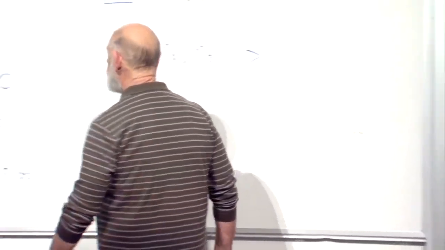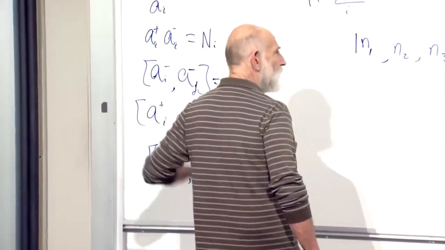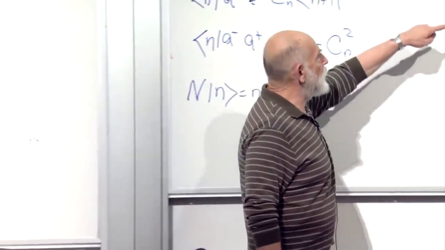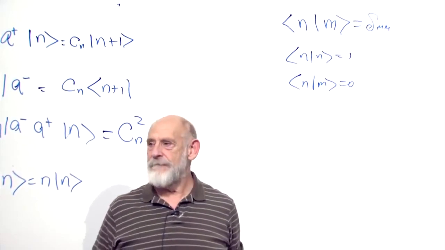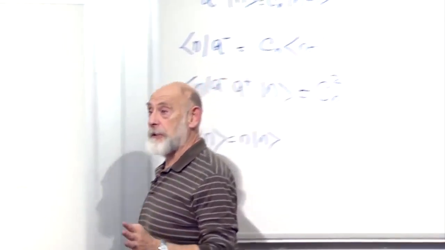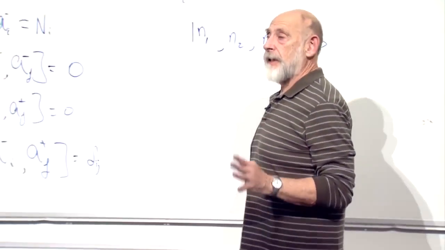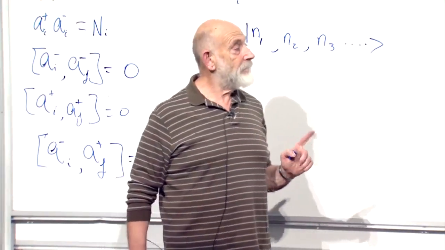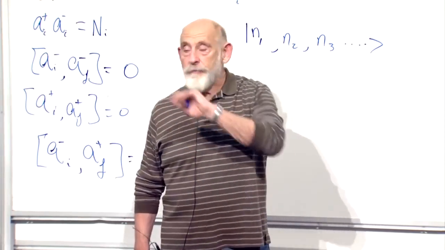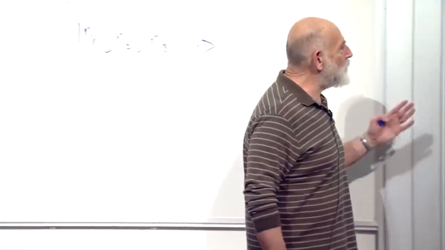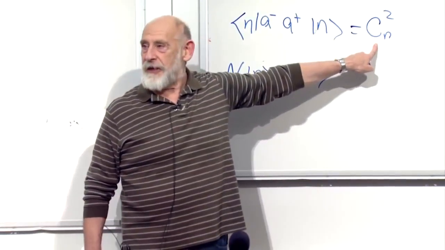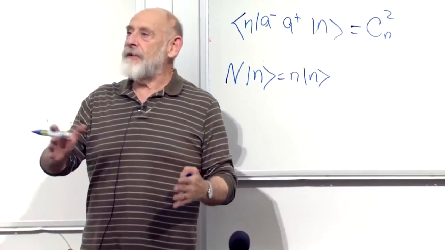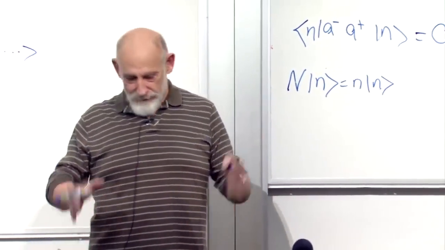Question? Yes? I don't see why the inner product of n plus 1 with n plus 1 is 1. Because I've used the rule. But we haven't normalized them yet. No. Now I've assumed they're normalized. I'm assuming now that the n vectors are normalized. No, I have put the ambiguity into the C's. Right. I may assume that they're normalized and then seek to, got it? All right.